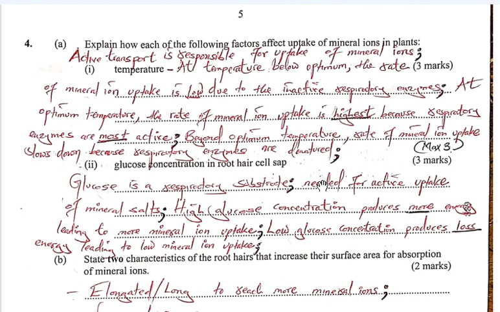Question 4, part A. Explain how each of the following factors affect uptake of mineral ions in plants. And those factors which affect uptake of mineral ions, it means the mineral ions are absorbed by either diffusion or active transport. Basically what we are saying, temperature affects both active transport and diffusion,